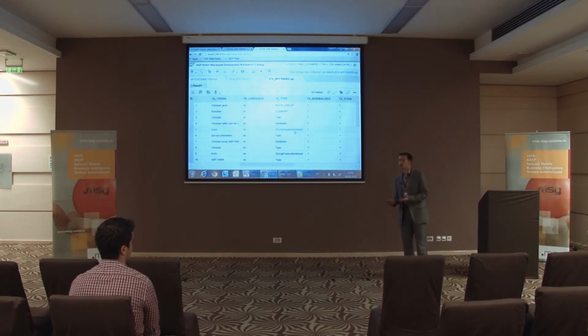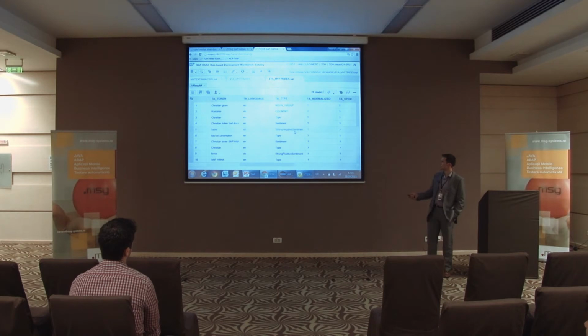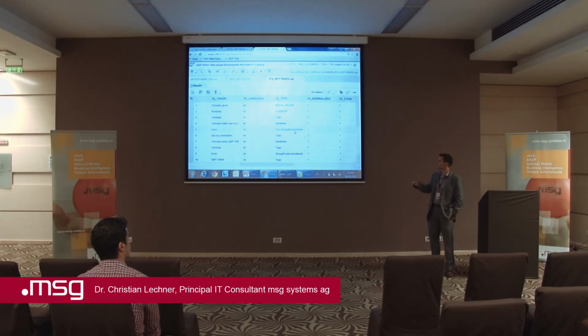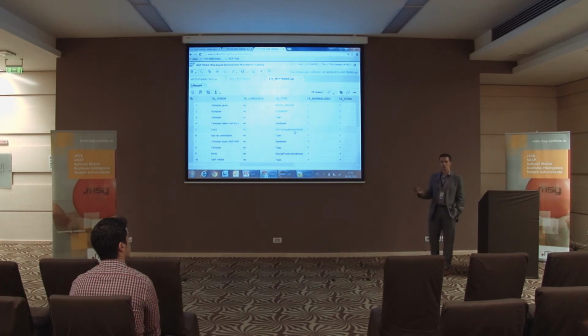As you can see now, the system extracted the sentiments. So for example, here, it identifies that this token is a sentiment, and then it further down specifies that hates is a very strong negative sentiment. Christian loves SAP HANA is also a sentiment, and this is a strong positive sentiment. This is exactly what happened behind the scenes when you filled out this feedback app before. The text was taken, it was stored within the database, a full text index was created, and the full text index used exactly this configuration in order to extract the information.